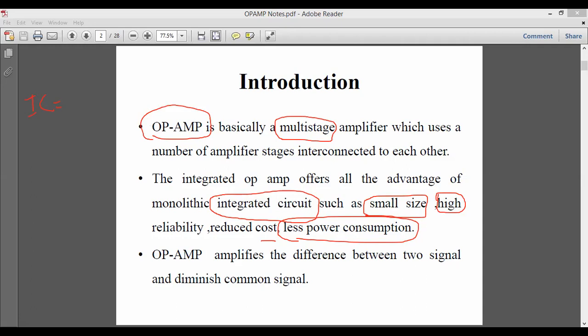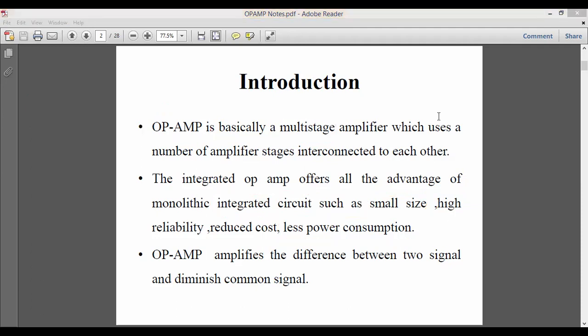Apart from this high reliability, the basic operation: no need of any extra circuitry, no need of any addition of electronic components to the operational amplifier. The basic operation of an amplifier is just to find the difference between the two voltages, or you can say the difference between the two signals. I'm telling you the basic operation: you need not add any extra circuitry, any resistance or capacitor to the circuit diagram.